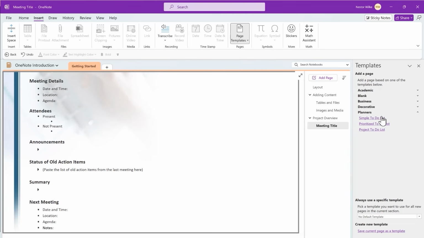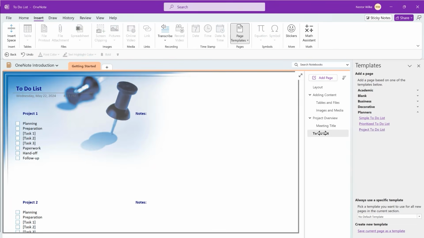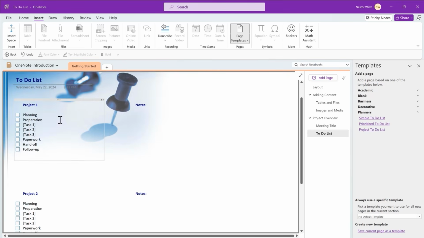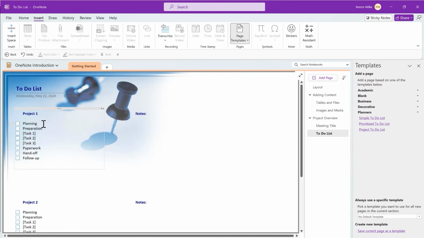So under planner, I have a couple here. I have simple to-do list, I have prioritized to-do list, and I have the project to-do list. Well, let's try the project to-do list and let's see if that will work for us. I'll go ahead and move this over as well. So this one kind of gives us different projects here, right? So this is pretty simple. We have planning, prep,